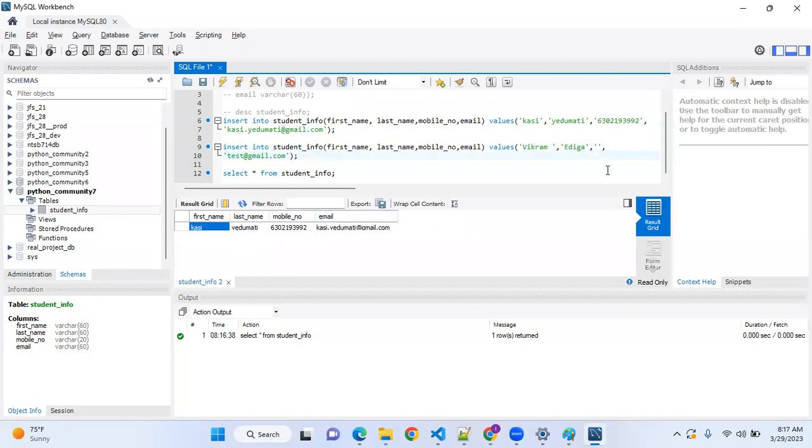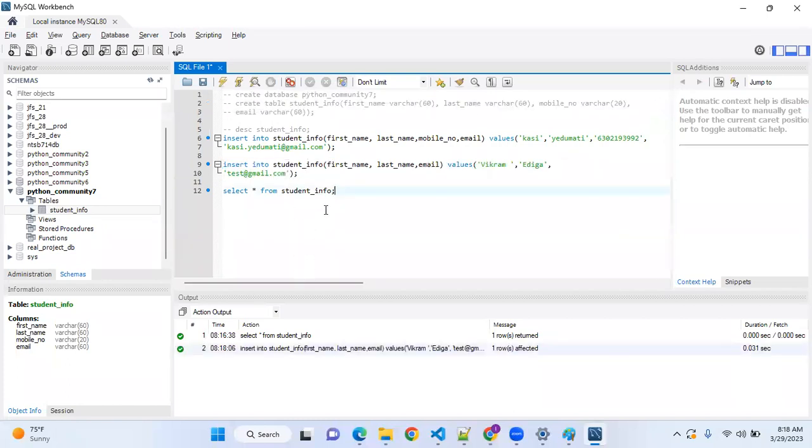So in this case, since I don't know the mobile number, do I really need to pass the mobile number here in the query? No, actually not required. Since I don't know the mobile number, it's better to remove it in the syntax itself. And if I am removing it from the syntax, I need to remove the value here also. Now if I insert the record, it will be inserted happily.